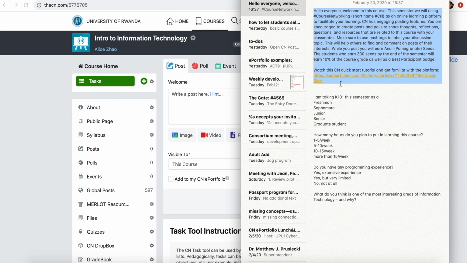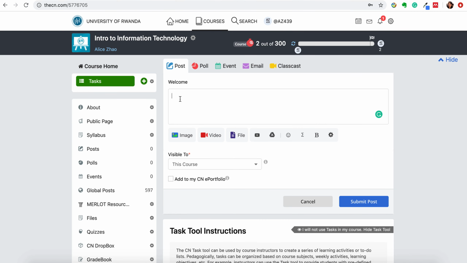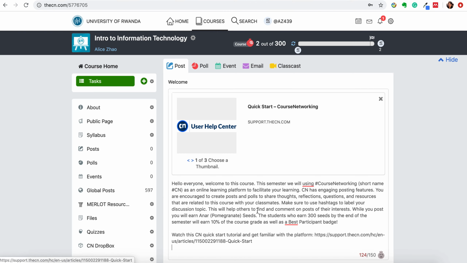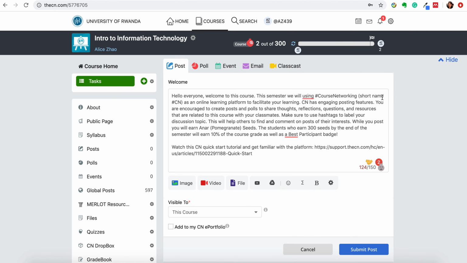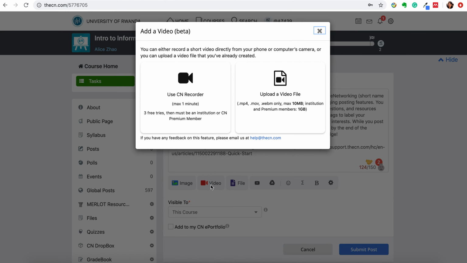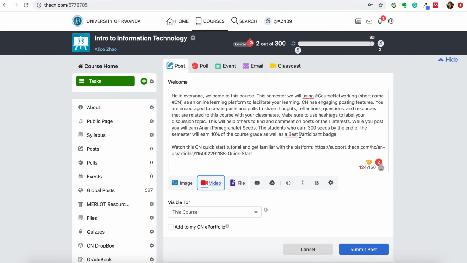You can just type out your content, but now I'm going to copy paste the content here. If your post includes a link, then sometimes a share link will be automatically generated. If you don't like it, you can close it down. And then you can see we support multimedia, so you can attach images, videos, files. This part, the video, is user-generated video, so you can record a short video. This is very helpful. Or you can upload a short existing video file, or you could also go to YouTube